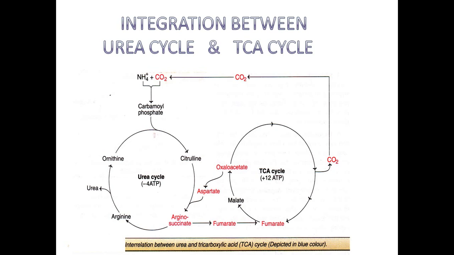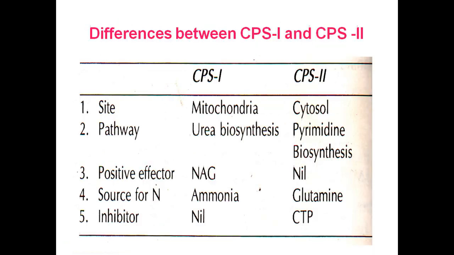Anaplerotic reactions. And finally, urea is formed as a byproduct during this Krebs-Henseleit cycle or urea cycle, and ornithine is regenerated, which is used for the condensation with carbamyl phosphate for the formation of citrulline again and again. So this is how the substrates are regenerated and replenished continuously. This is what anaplerotic reactions are. I think you have understood now about the urea cycle and its connection with the TCA cycle and the anaplerotic reactions also. Now the differences between CPS1 and CPS2.